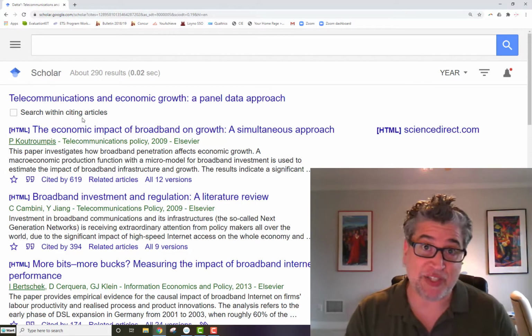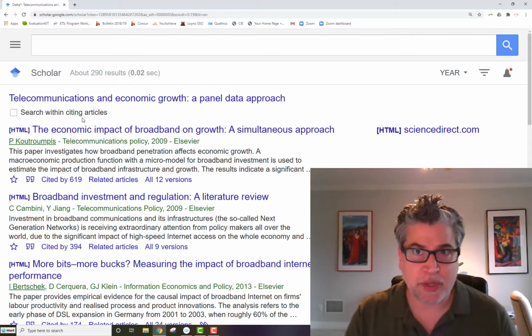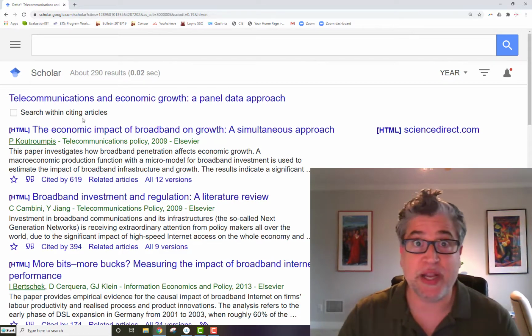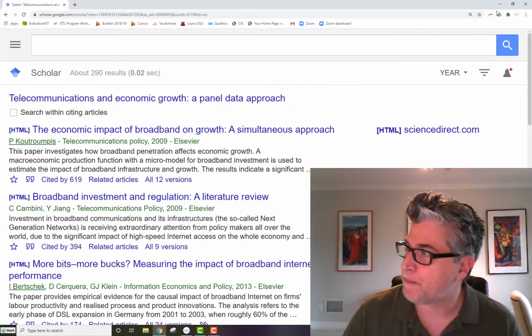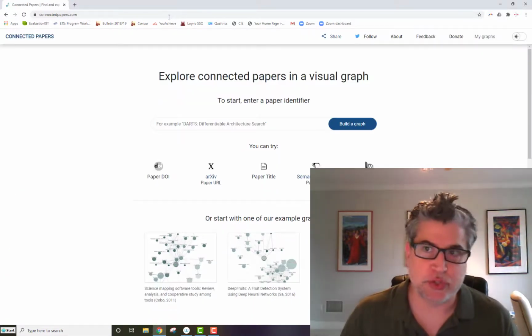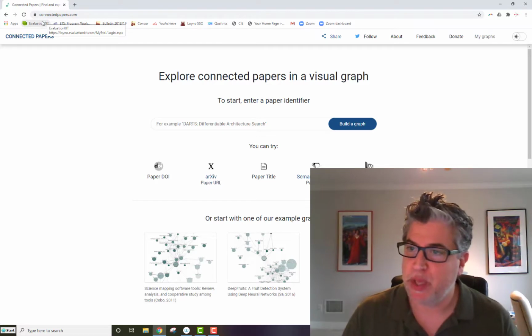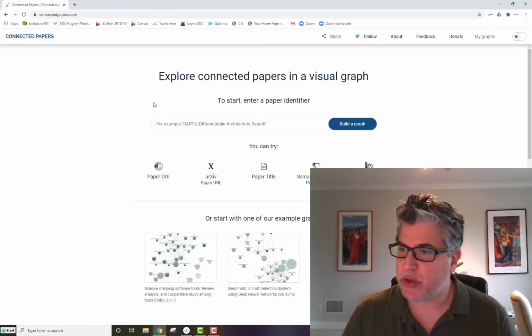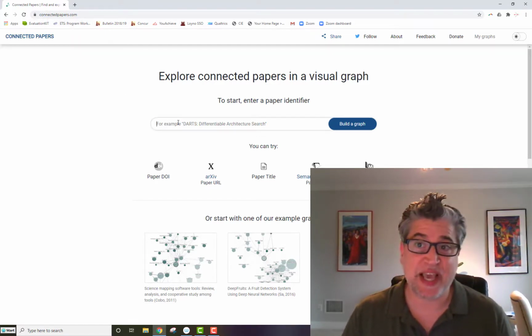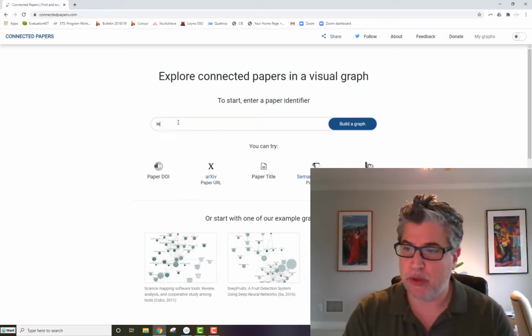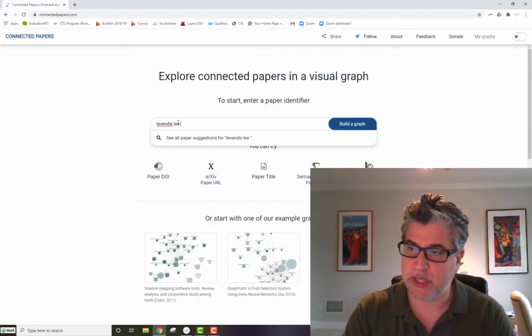There is one other tool. It was in fact just invented. Let me pull it up, and we'll reconnect here in a second. So this other search tool is called Connectedpapers.com. It's a brand new tool. So here you would enter the details of a particular paper. Levendis, Lee, Lee, Gutierrez,